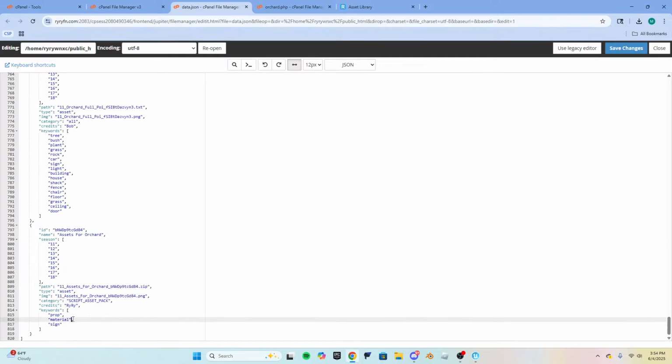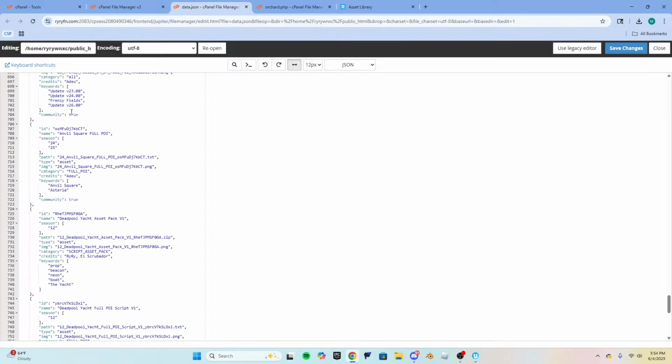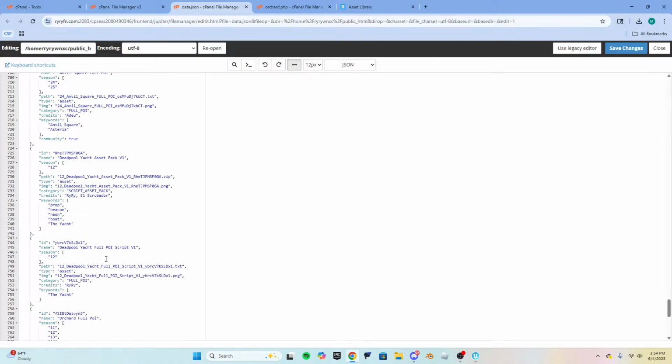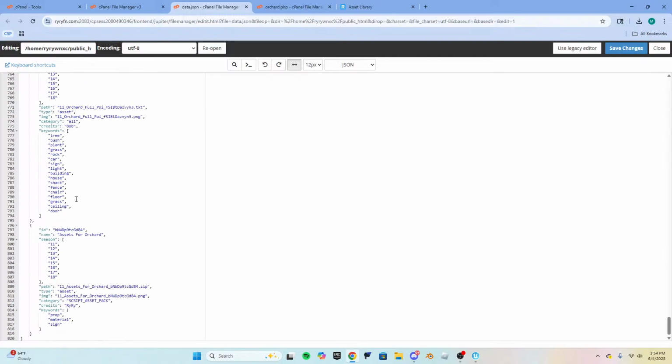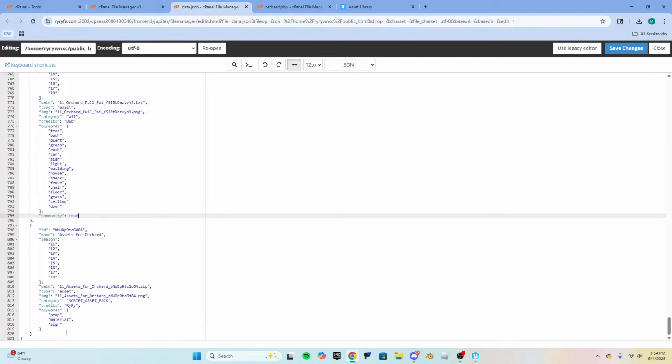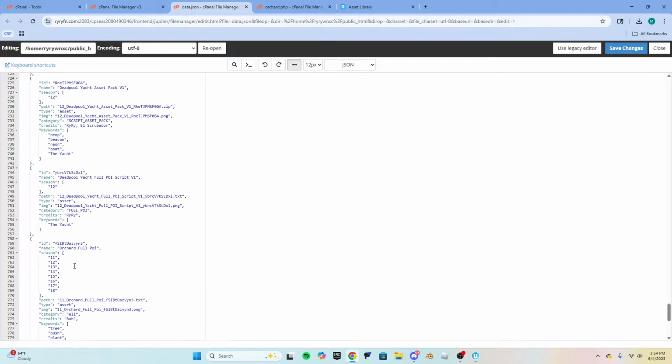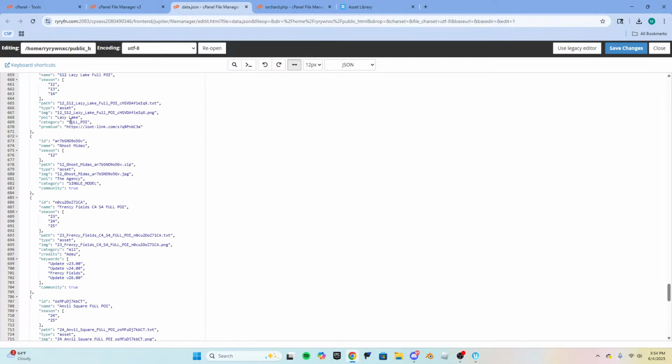Orchard. Put the community tag. Community, and then premium category community.